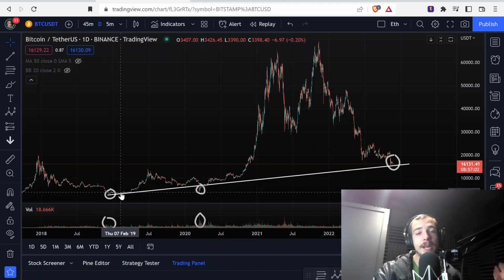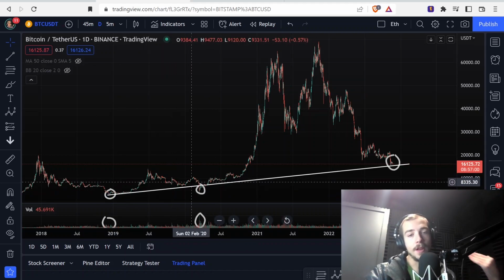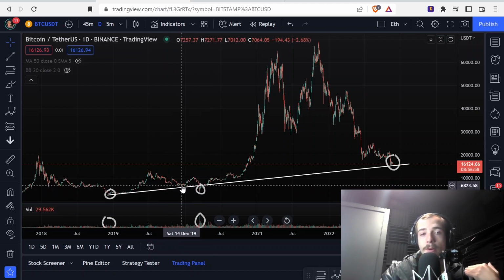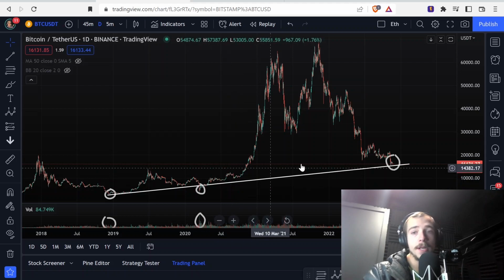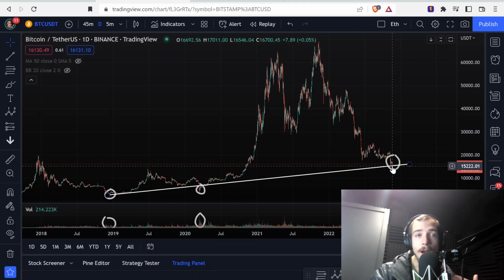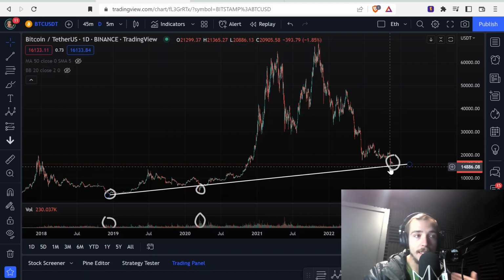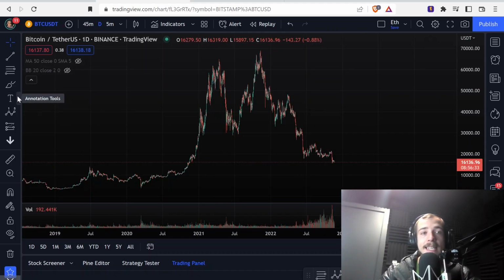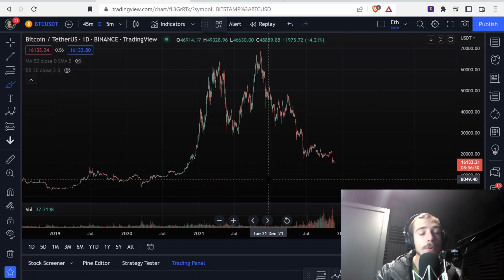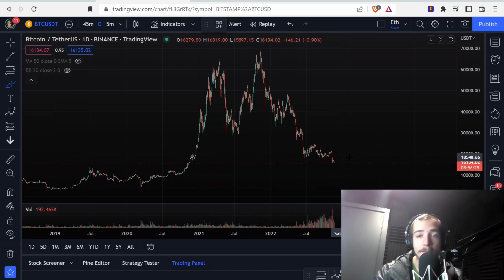We also have a bit of a trend line right here. The COVID drop dropped slightly below. However, there was a lot of support in this area on Bitcoin. So this could be a support area on Bitcoin currently as well. So the way that I look at this market is we are worth $16,000 per Bitcoin. We're super undervalued in the big picture.